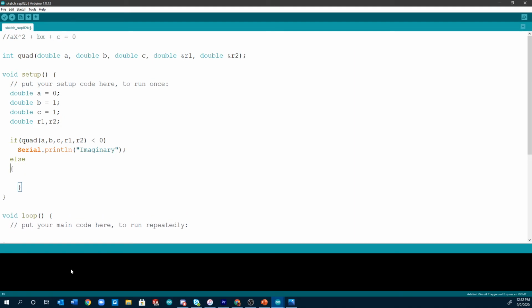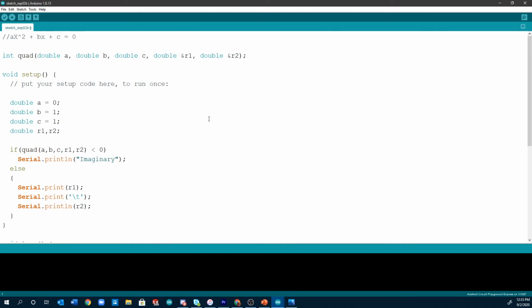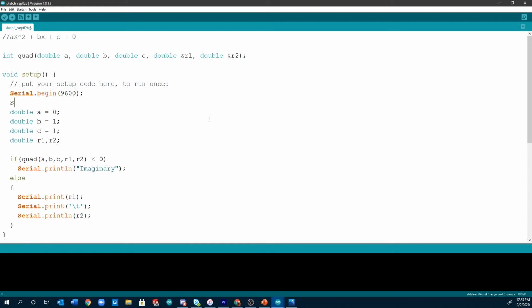So we're going to do Serial.print, and we're going to print R1. And then we're going to do Serial.print, and we're going to do a tab. And then we're going to do a Serial.println R2. So this will print out our roots when we're at that point. We have everything we need, except we haven't started the serial port yet. So Serial.begin 9600